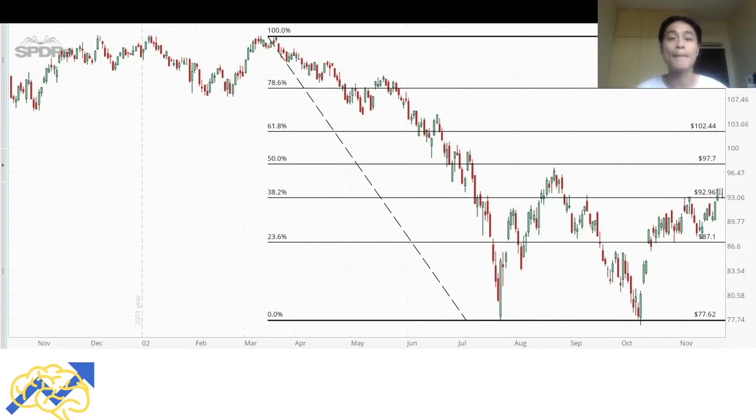Now that we know that there are crash phases in every bear market and recession, the next thing I did was to look at the past two major recessions and bear markets and analyze their crash phase and their rally during that period. So what do I mean by that? Let's take a look. The first bear market and recession that I took a look at was the dot-com bubble, right? So the dot-com bubble happened around 2000 and 2001, right? So you can see here on the chart, it was in 2001.